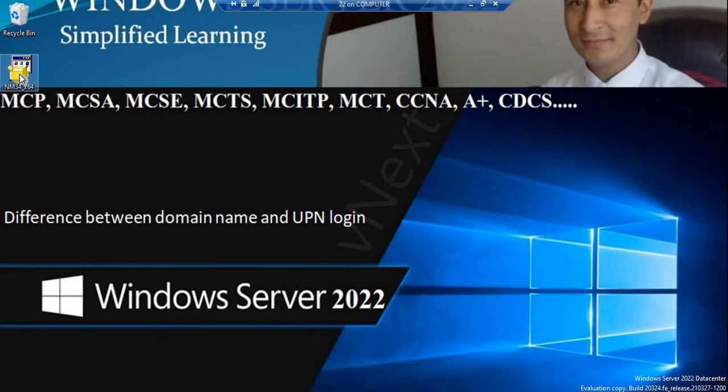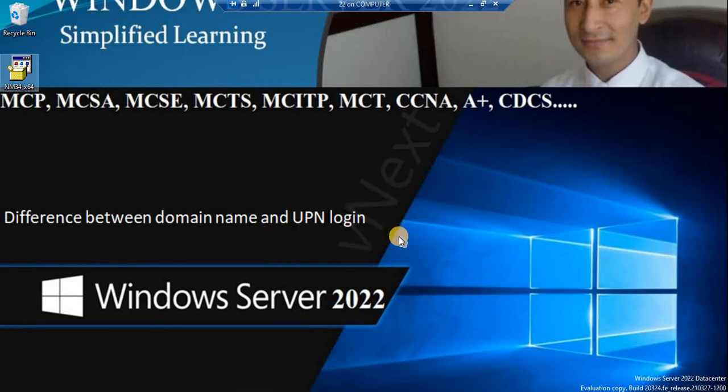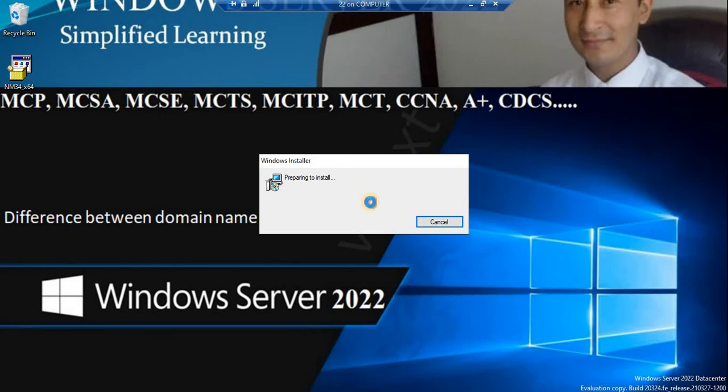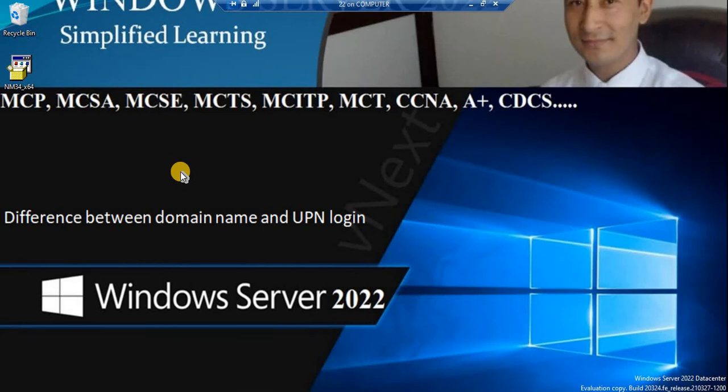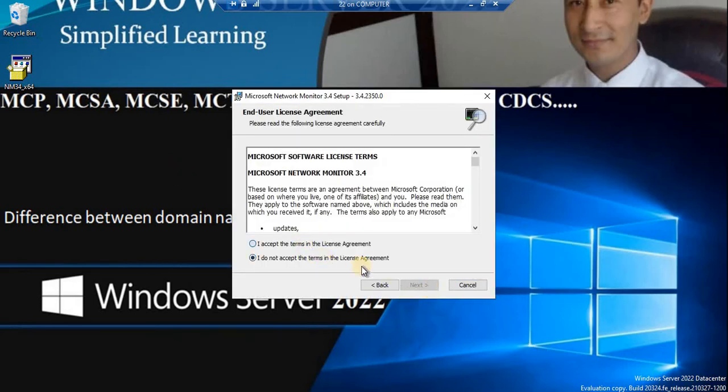So let's install this network monitor tool, and also make sure that when you install this one, you'll have to have the privilege of administrator. Of course, I do believe that you all understand. If you do not have the privilege to install this with administrative privilege, in that case you are not going to be able to install this network monitor tool. So let it install, and then we are going to sign in or log in again using the UPN, and then you will notice that it will show you clearly that whoever has logged in using the UPN,